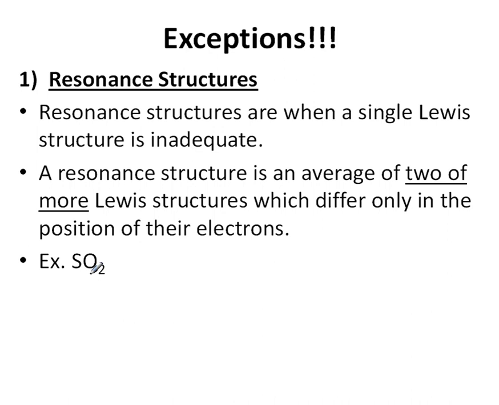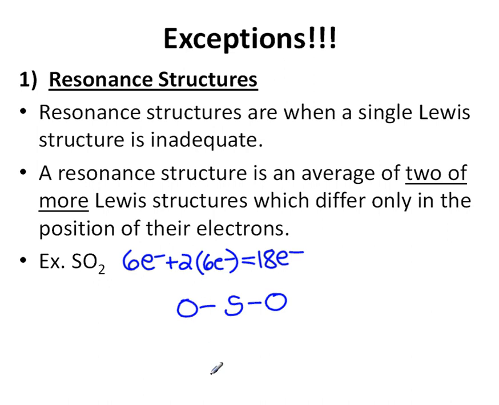We've got sulfur dioxide. We're going to count the number of electrons sulfur dioxide has. Sulfur's in group 6. There's 1 of them, so 6 electrons. 2 oxygens. They are also in group 6. So that means in total, sulfur dioxide should have 18 electrons. If I start drawing my diagram, like I've been doing, sulfur in the center, oxygen on the outside,